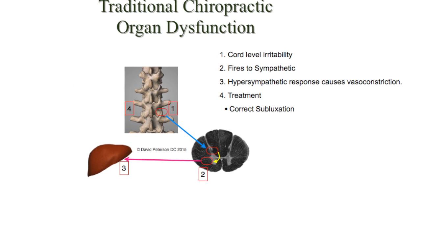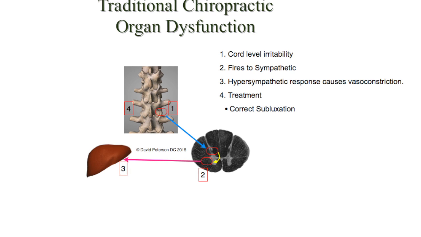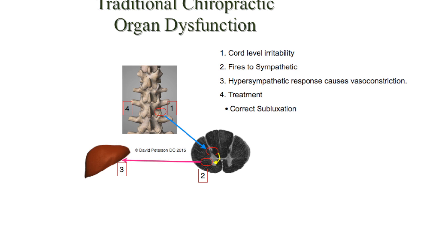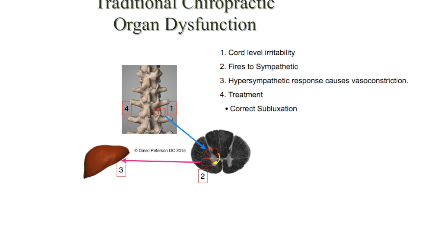The traditional chiropractic model for organ dysfunction is a vertebral subluxation with cord-level irritability firing to the sympathetic nerves. This causes a hypersympathetic response, but due to philosophy-based anatomy, physiology, and neurology, there is no mention of what occurs with the blood supply to the organ. During a hypersympathetic response, the blood vessels around the organ are vasoconstricted, reducing the blood supply necessary for proper organ